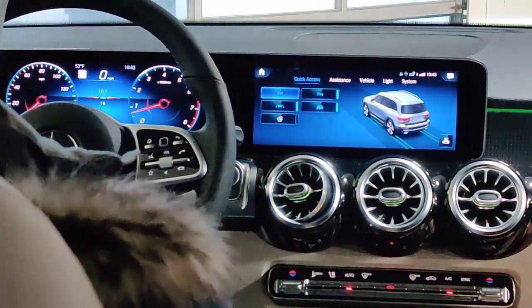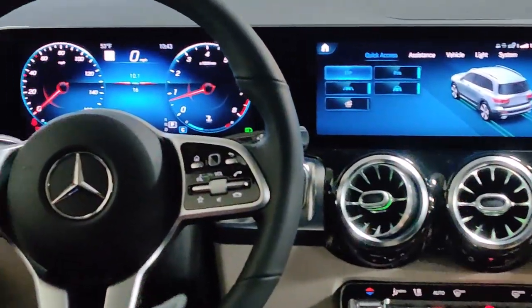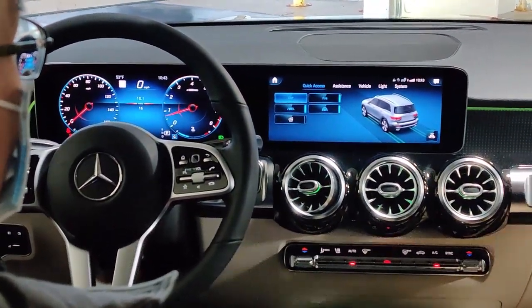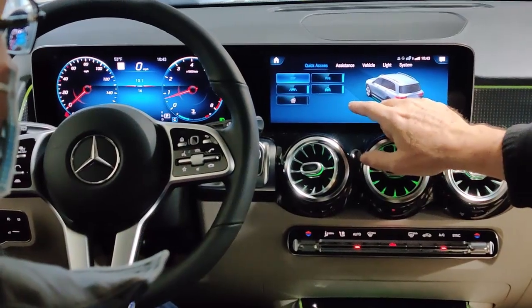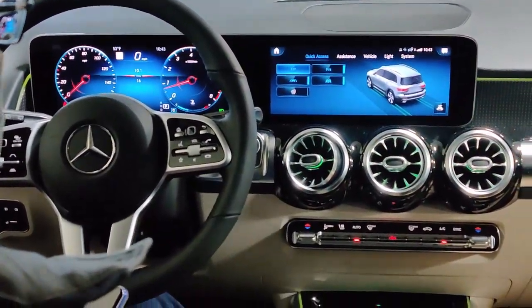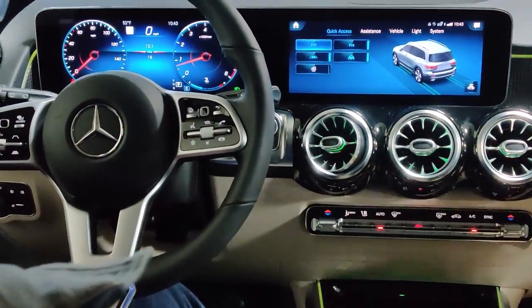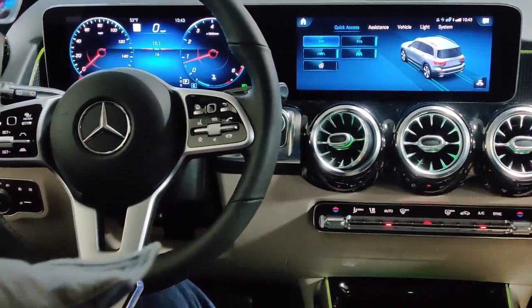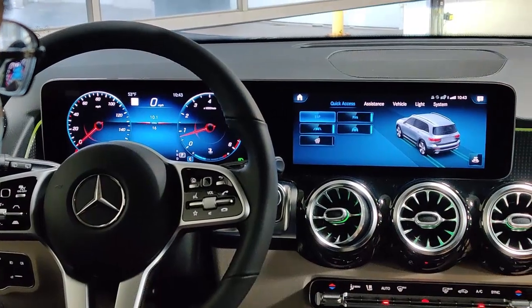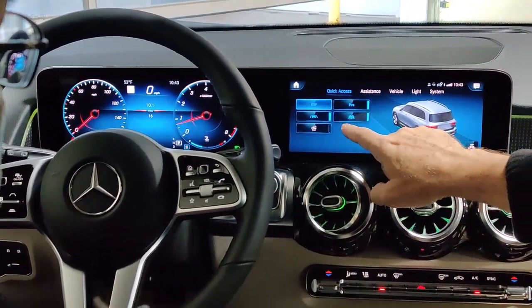Unless you're stuck in snow, or in the mud or something, if you need to generate some wheel spin, that's where you would turn it off. Your park assist, if somebody was close to you and things are going off driving you nuts, or sometimes when there's snow on the car and it keeps beeping, you can turn that off. And then the lane assist,